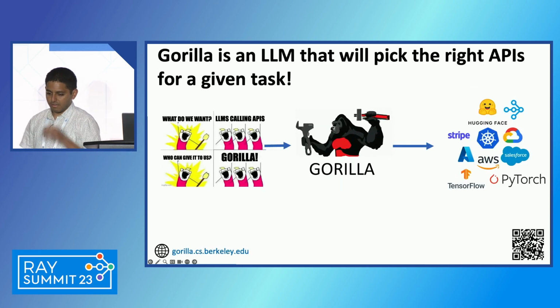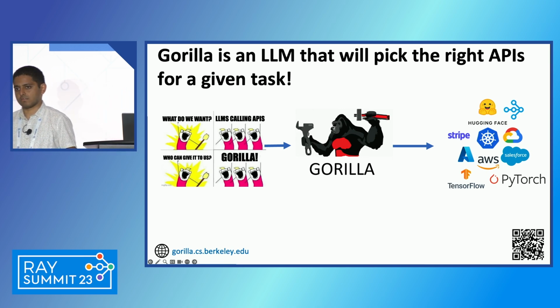OK, there you go. So similar to the one example of a hyperscaler, suppose you say, hey, look, I want to do X. And then you teach your Gorilla model to call the APIs to do X and then return the response to you. Now, the obvious question is why APIs, right?